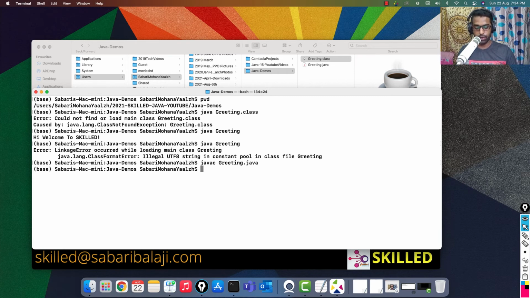The dot class is now modified here. If you look at this place, it's actually been regenerated right now. It's the original dot class file because we recompiled it, right? Now this dot class can be tested to see if it's in the correct format or not. So we need to go ahead and execute it: java space the file name, which will trigger the JRE, and the JRE will look for the file called greeting.class. Please ensure that while running your program, you do not use the dot class extension. Just say java space greeting. And we got the output.